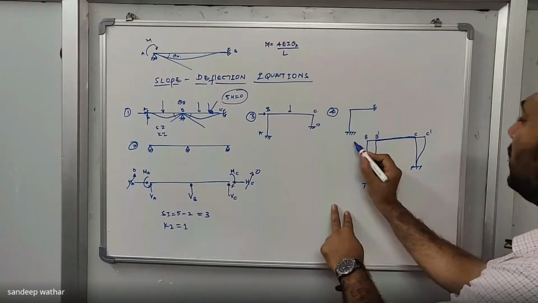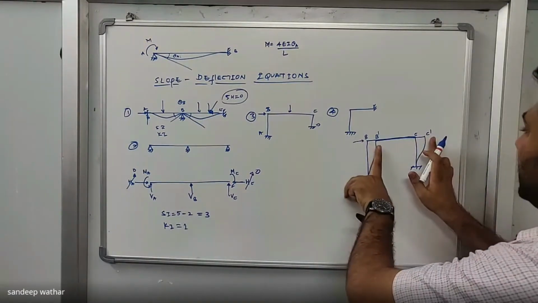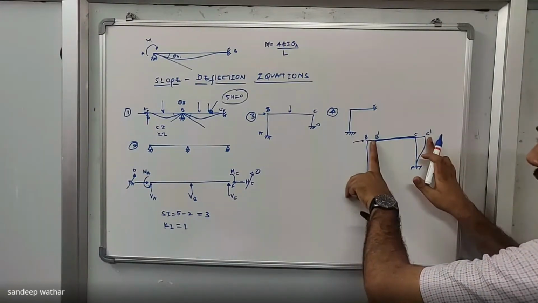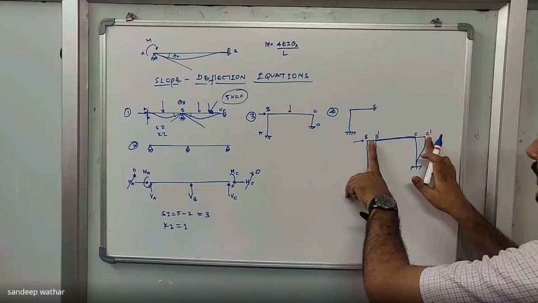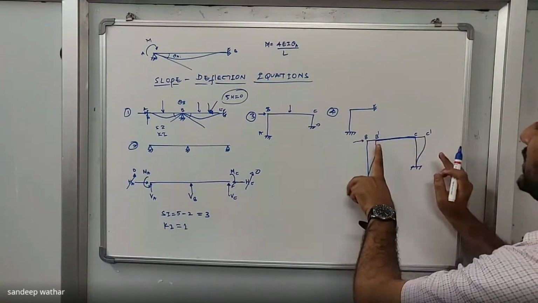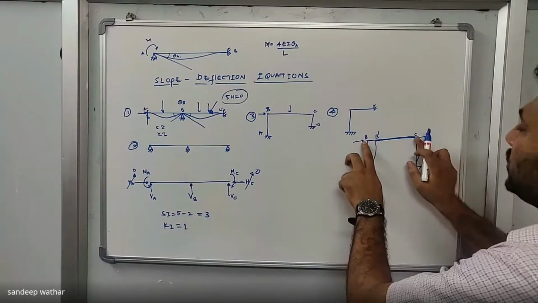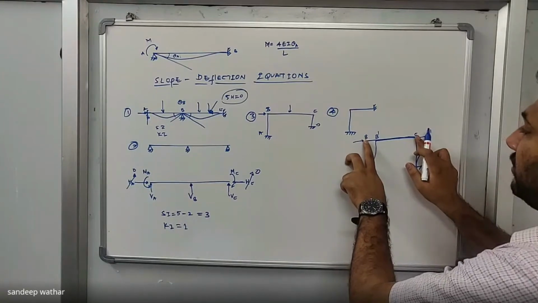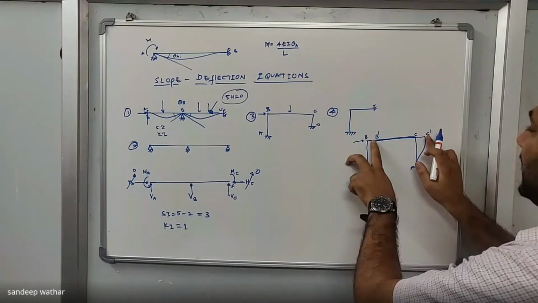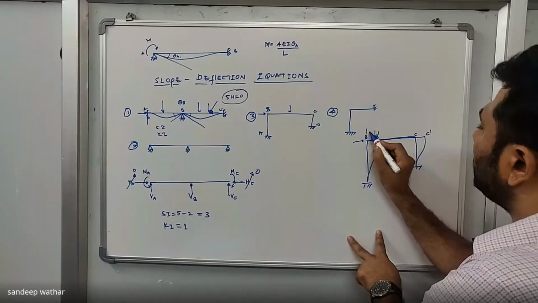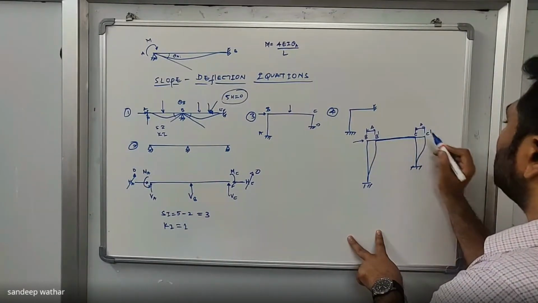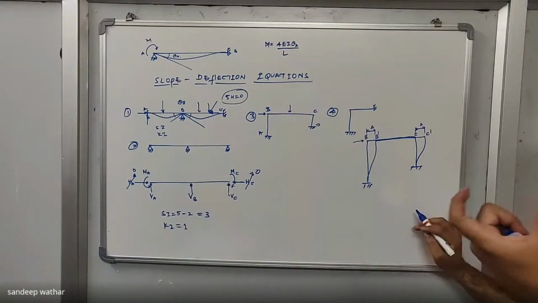So if I apply a horizontal force here, this will sway and change its position. There is definitely a translation that has taken place in the horizontal direction, but the translation remains the same at both point B and point C, because we are assuming that there is no change in the length of this beam element. Whatever the length of BC was, the same is the length of B dash C dash. So whatever deflection has taken place is equal to delta at both, and this delta value will remain the same. So delta is one of the translations.